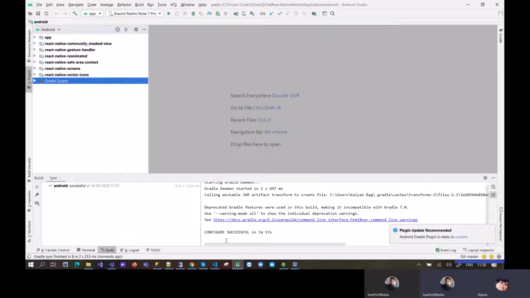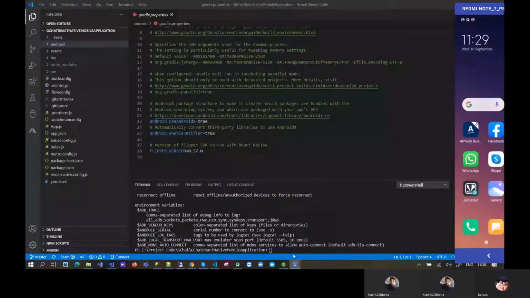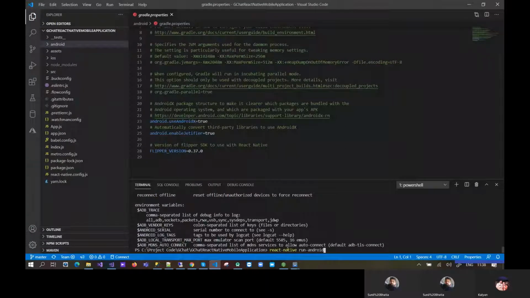Okay, so it's built successfully. What to do next? Then run again. You can build from here, or you can click on the run button. Run option. Yes, it's all fine. If I do it from here, is it possible? Yes, you can also check from there. Let's try here. Run the same command.